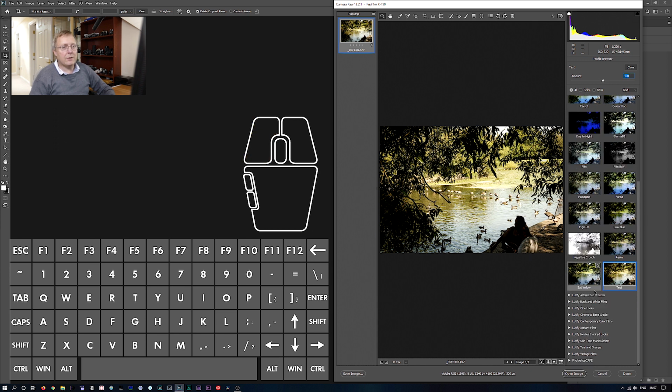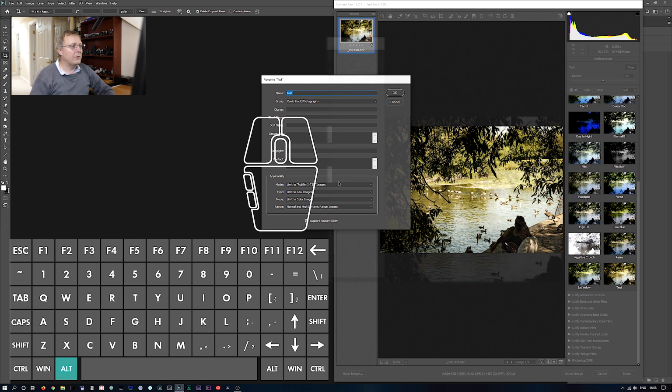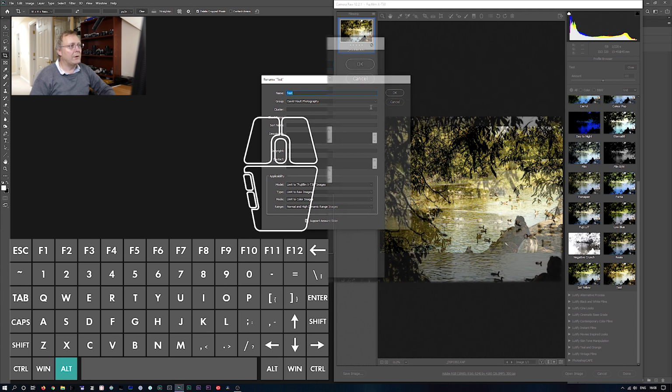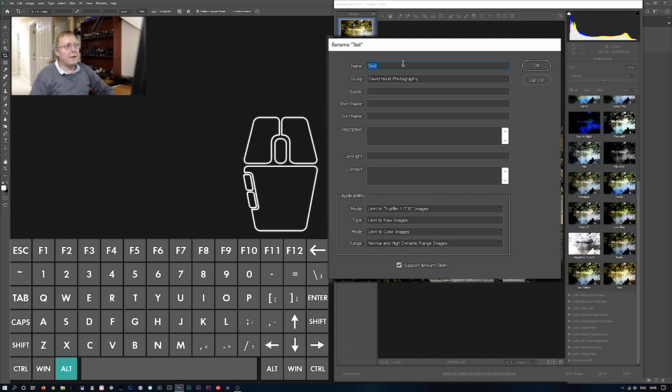Now if we want to change anything on this test one, there is another menu. It's a little bit tricky to get to. So if you hold down the Alt key, right click on the name, but hold it down and go to rename profile, then release, you get this other dialog box up. You can rename it, you can change what group you want to put it in, you can give it a short name, a description, copyright, contact, and down here where it says applicability, you can limit it